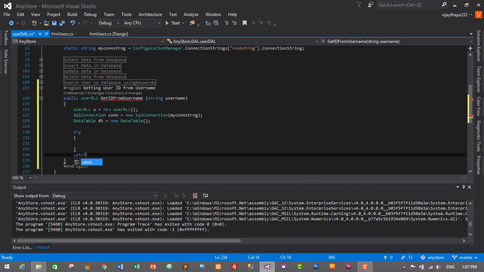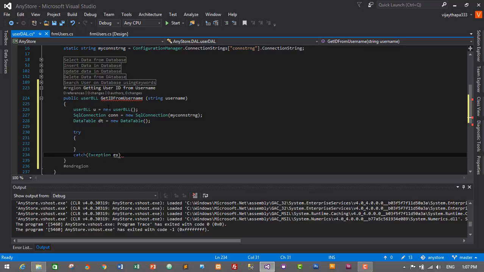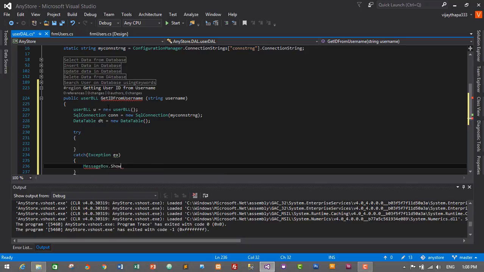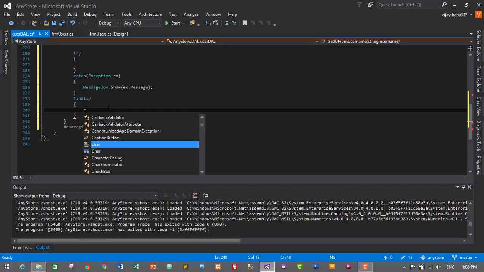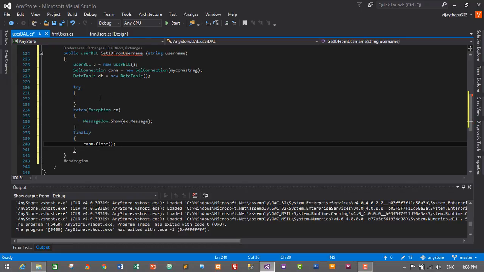Try catch, exception ex, and MessageBox.Show ex.Message, and finally connection.Close. So this is it in try block. Don't worry about the error, we will fix it later. We'll write the query